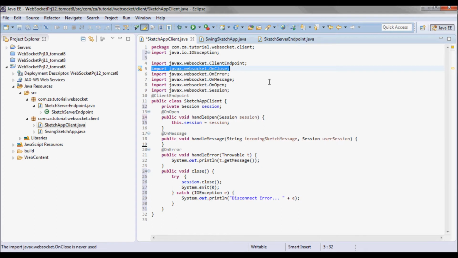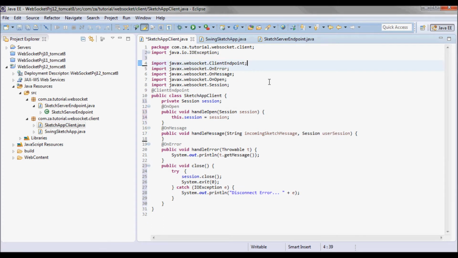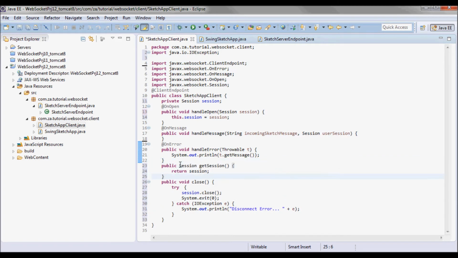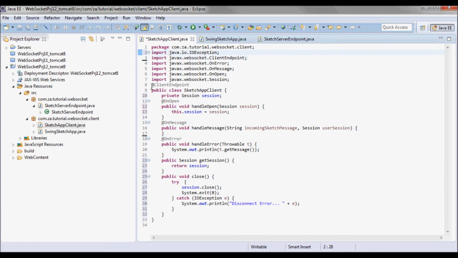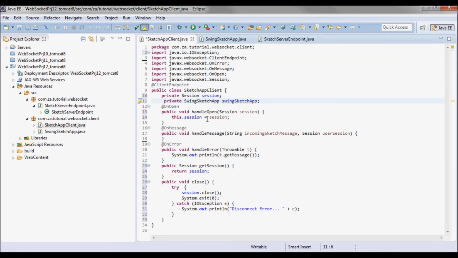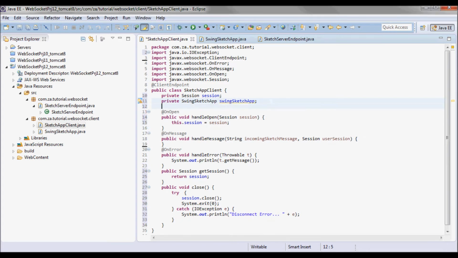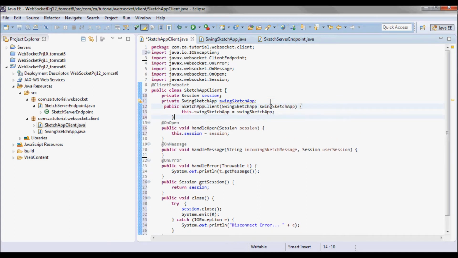And since I set the session to be private, let me have a get method that would return it. And here I'll define this Swing Sketch app and initialize it in the constructor.